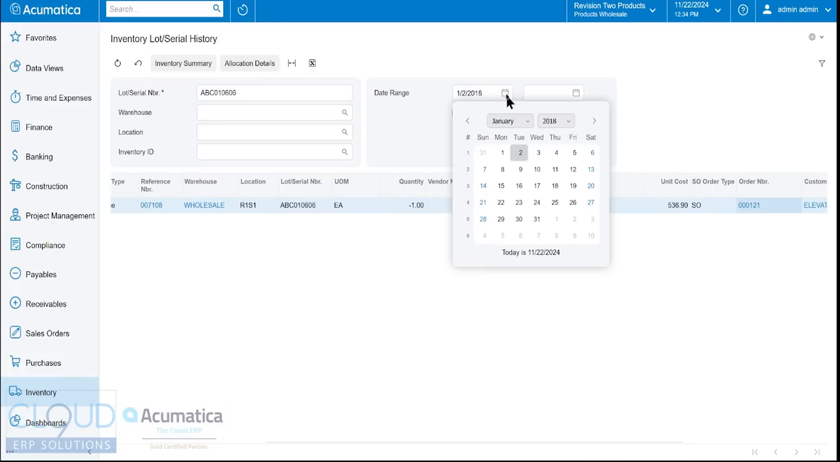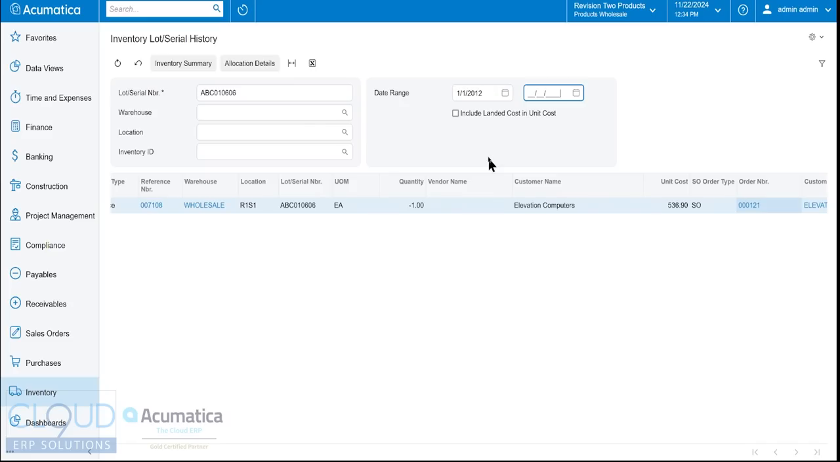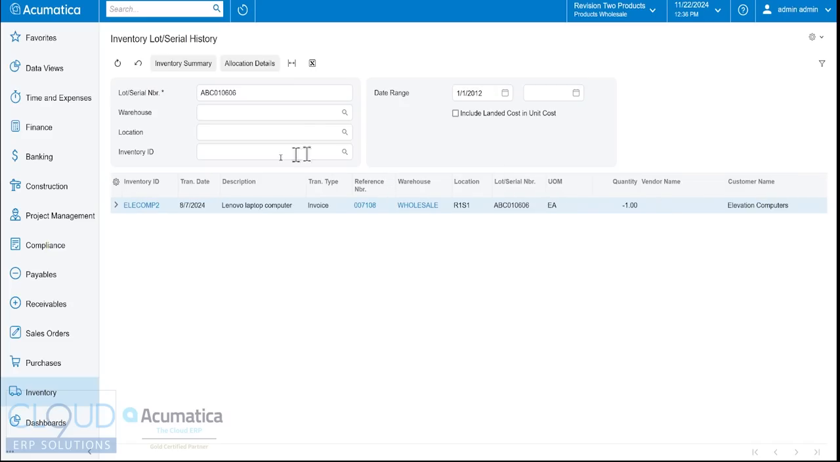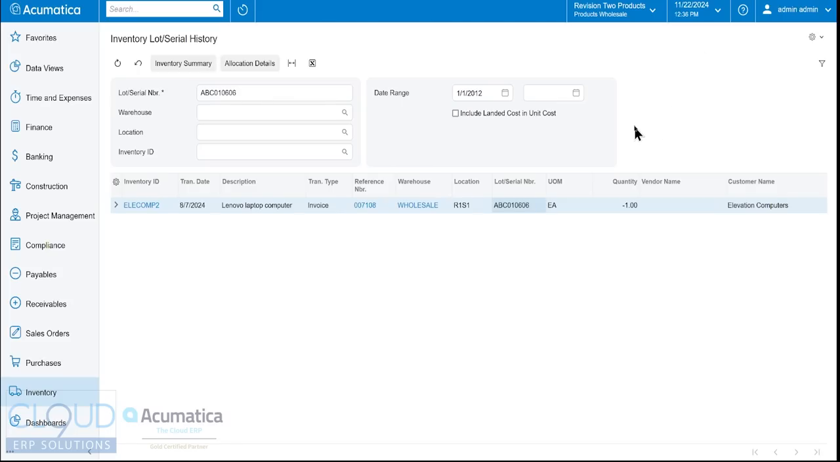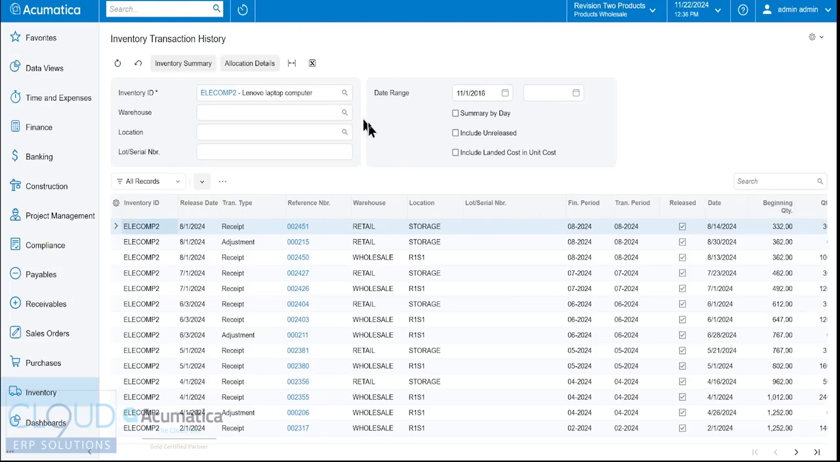But if we go back, we see that there's no purchase history for this particular serial number. And that's because our demo database never has this purchased. It was most likely brought in through inventory and just brought into inventory through a receipt or some sort of inventory adjustment. But if we go through inventory transaction history